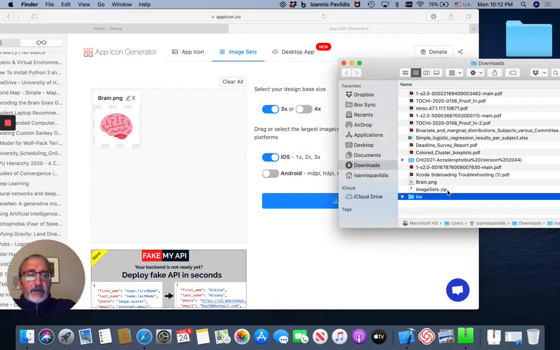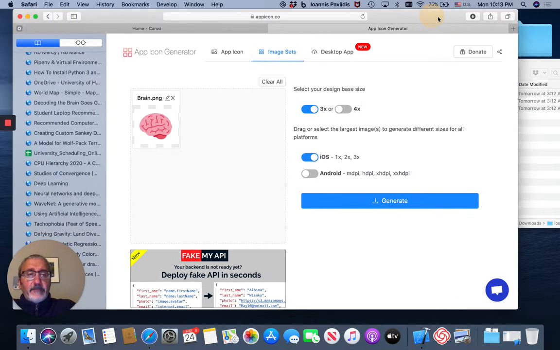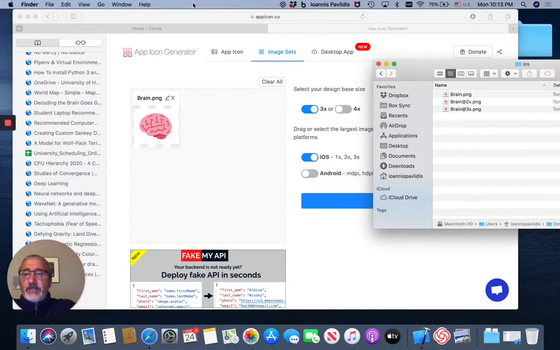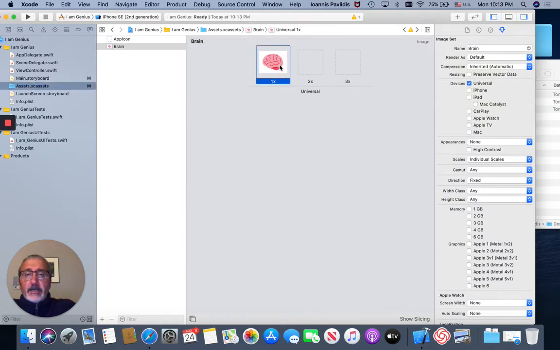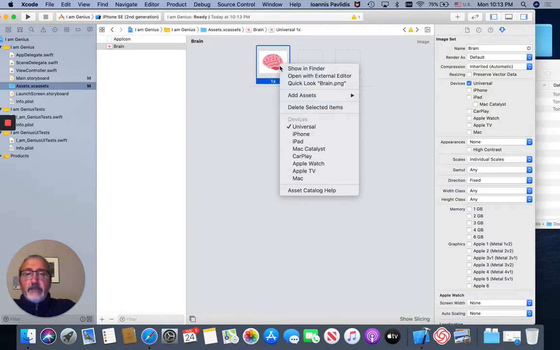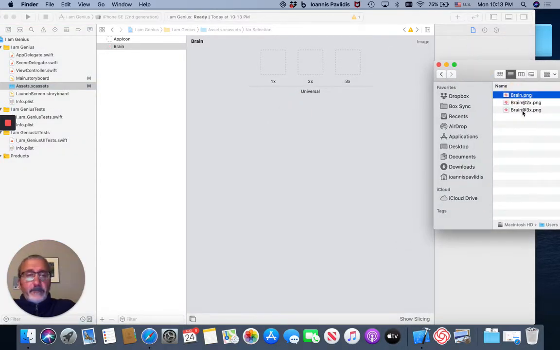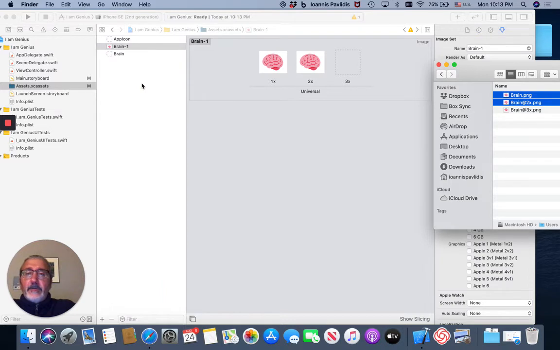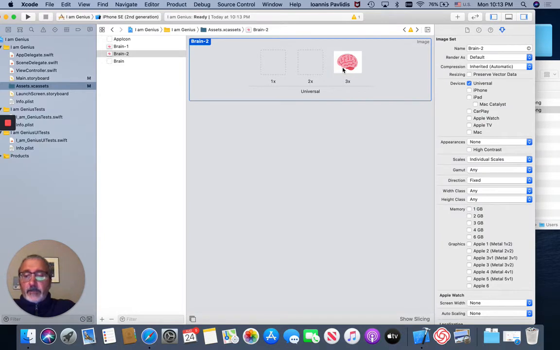And I get my image set, and you can see here I got all 3 versions that I needed. So I need to go back to my Xcode now. I can eliminate this, and I can properly bring to the play all 3 images that I need. Actually, you need to bring them all at once. So